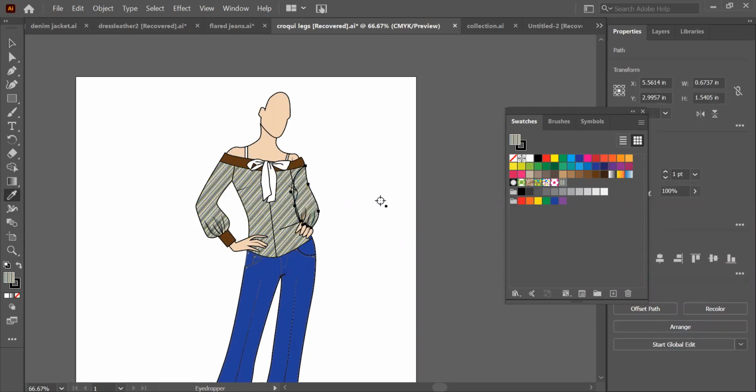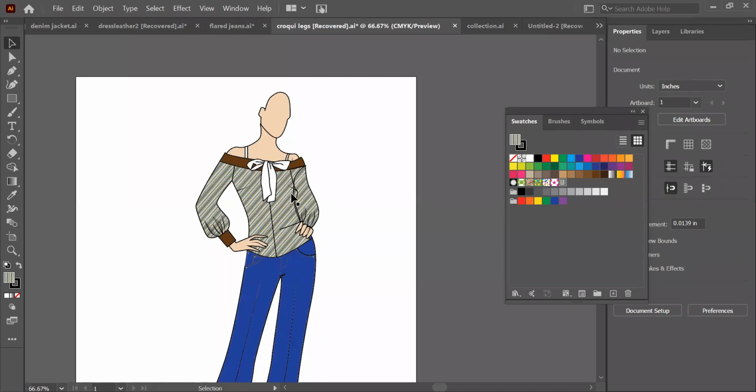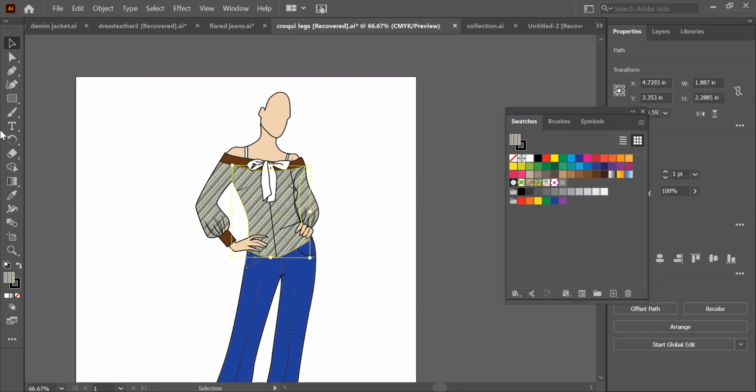If I don't remember what percentage I scaled it down to, I can take the eyedropper and do it. Again, I'll go over to the rotate key, hold on to the tilde, and rotate this. Same goes with this: hold on to the tilde key and move my pattern. There's a little problem here, but I think you've got the gist of it, right?